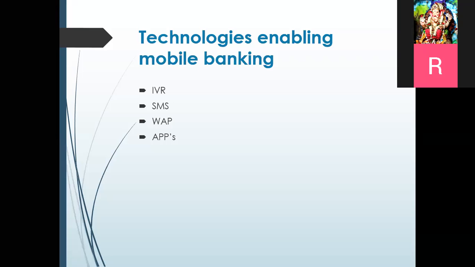So some banking facility. Basically it helps you in secured logins, in logging into your bank account through internet banking in a more secured manner. Those are WAPs. And apps are whatever is available on your mobiles, whether it is an Android app or your Apple apps. These are the apps which help you in doing your banking transactions, whether financial or non-financial, with ease using your mobiles. Basically smartphones, right? So these are the various technologies that are used in mobile banking.